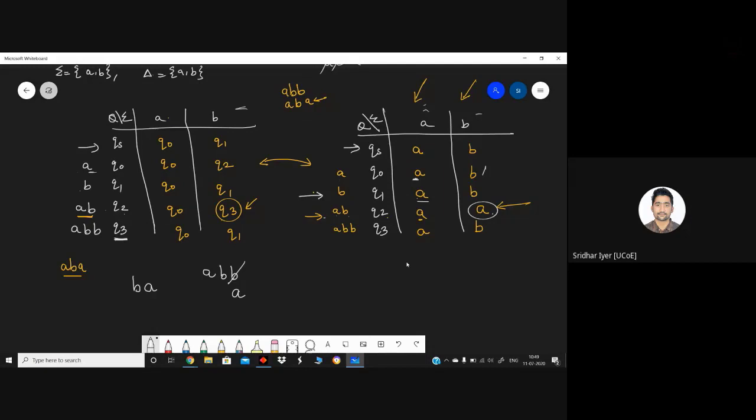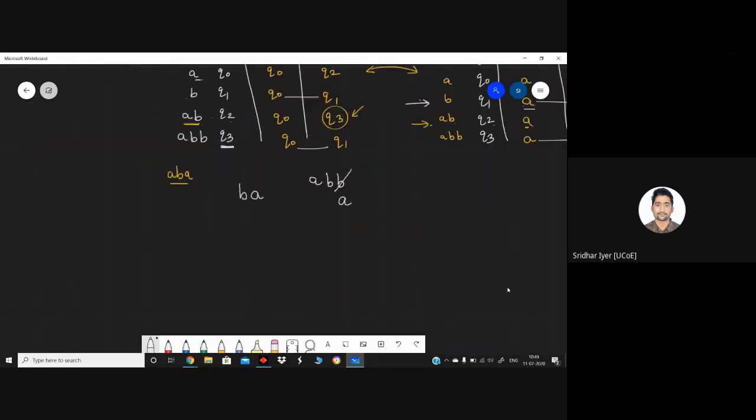Let's take the transitions of each of them. First of all, check the output. QS is AB, Q1 is AB, Q3 is also AB. Over here it is Q0 Q1, Q0 Q1, Q0 Q1. Correct. So we can merge these three states together, QS, Q1, and Q3. Okay, so let's merge it up.